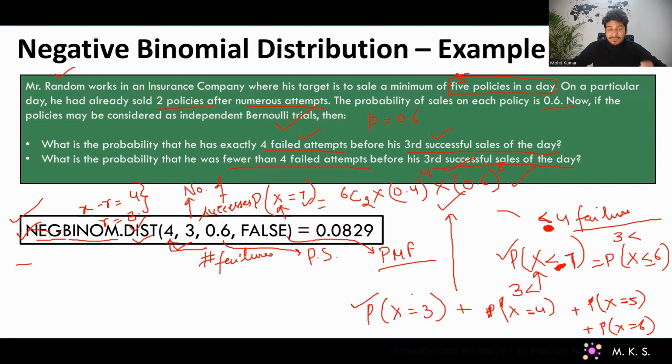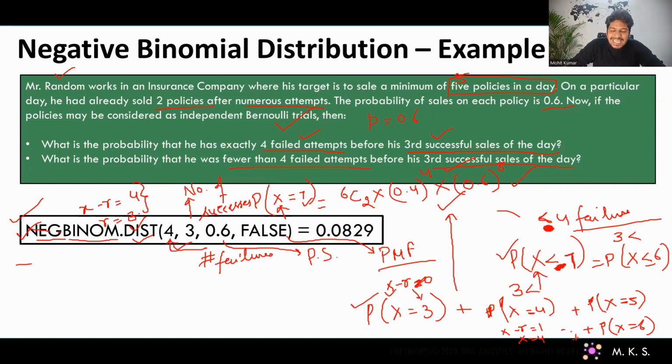So x is equal to 3. Why are we starting from 3? Because there are 3 successes, at least 3 successful sales we have to make. Here in this particular case, x minus r is actually 0, right? So failures are 0. Now in that particular case, x is equal to r, which is 3. We know r is 3, so x will be 3, right? So this is the number of trials. In the second case, we have x minus r equal to 1. We know r is equal to 3, so the number of trials will be 4. And like that, we are calculating.